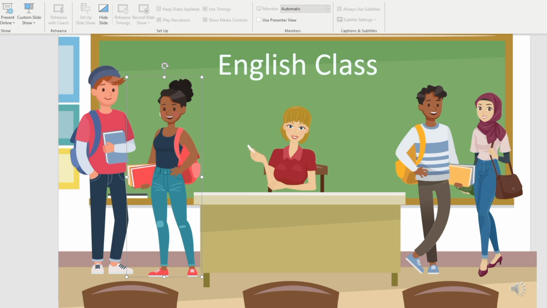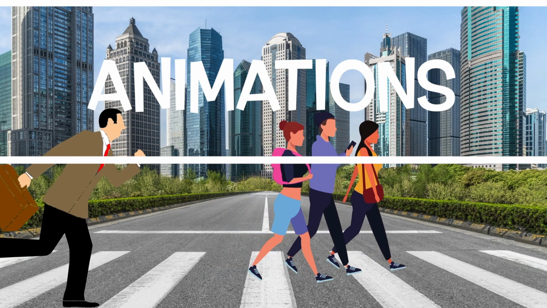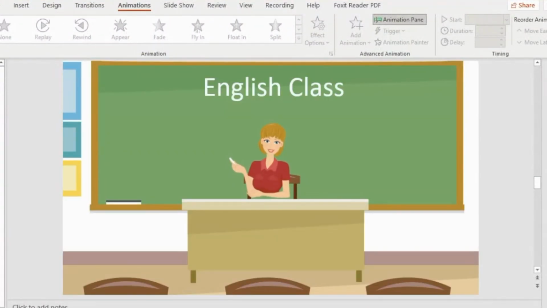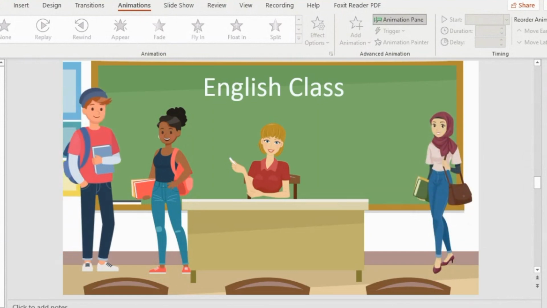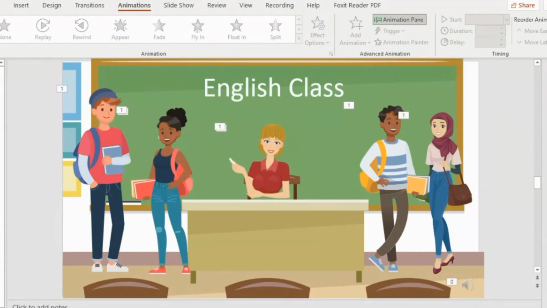Once again, resize images so that they make sense. Now we're at my favorite part, and this is where we can add animations to really help our characters come alive. You can have characters enter from the side, but you need to make sure to adjust the timing so it's not too fast. You can have characters pop up from the ground or even exit the screen. It's really up to you.